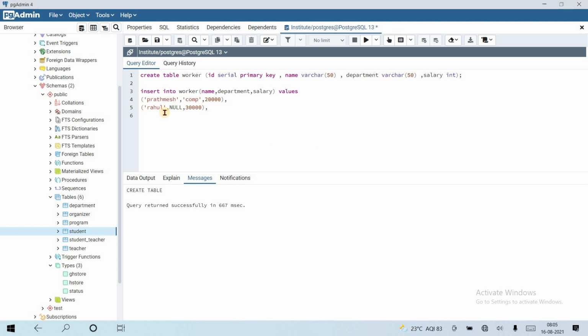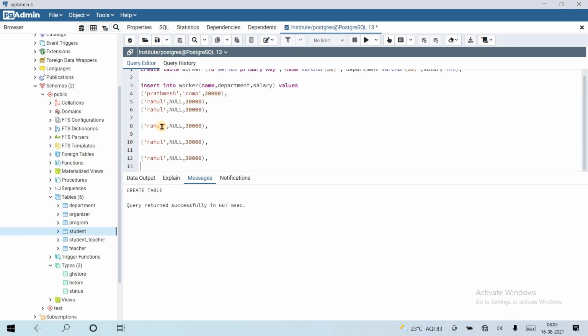Insert one more. Okay, let's copy it. Rajesh, Ram, Raghav, Math, Bio, Physics.